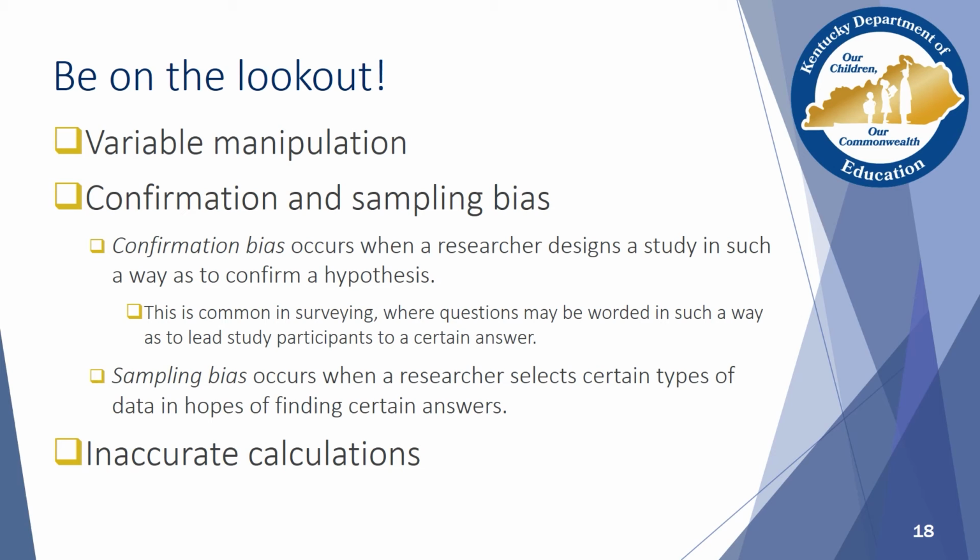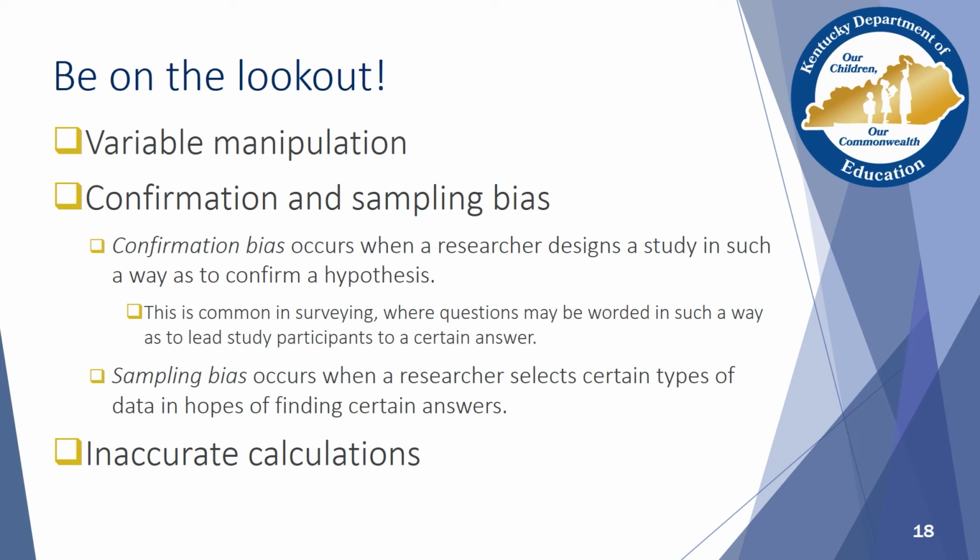Just as with other study designs mentioned in this webinar, bias is a potential issue that must be addressed. In correlational research, two common types of bias are confirmation bias and sampling bias. Confirmation bias occurs when a researcher designs a study in such a way as to confirm a hypothesis. This is common in surveying, where questions may be worded in such a way as to lead study participants to